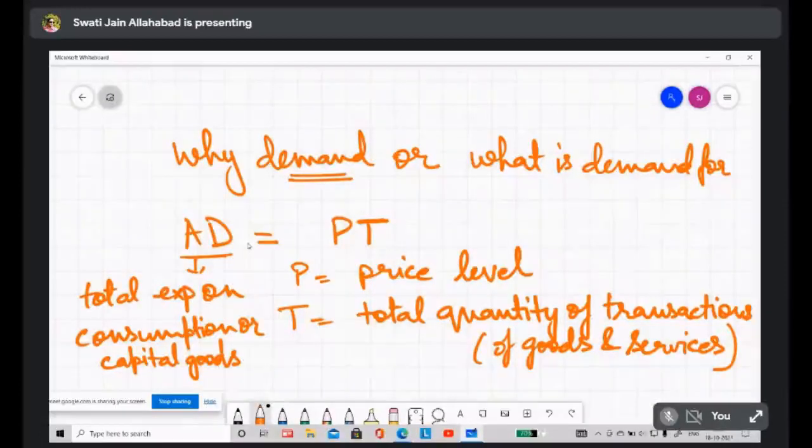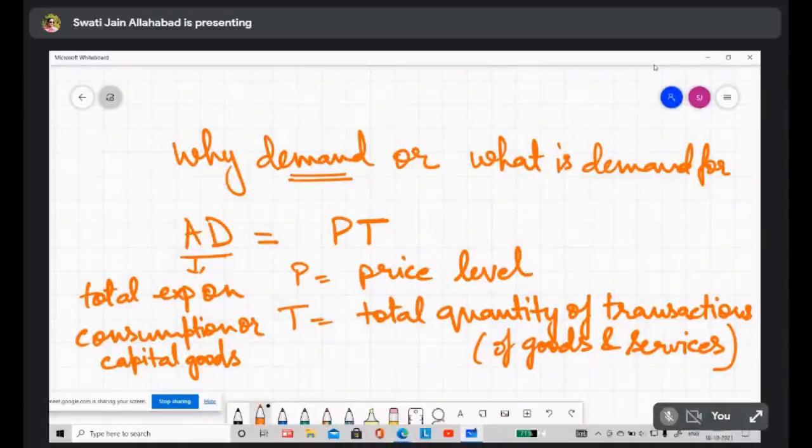And this is explained in great detail in your MV is equal to PT theory. In the MV is equal to PT theory, there is one very important assumption: total output or total transactions is given at any point of time. So in that way, your aggregate demand is also given at any point of time. If you change the level of aggregate demand, nothing will change in the economy except the prices. Okay. And aggregate demand will change only if you are changing the money supply. So that's how it becomes a monetary variable in the classical system.